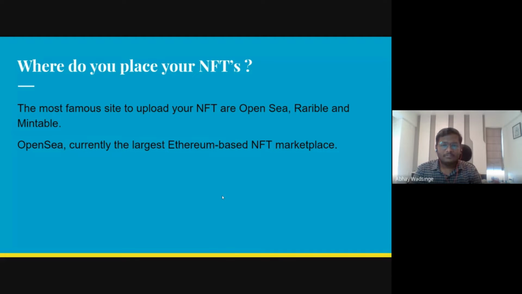Then, if the artwork is really worth it or really unique, someone will bid on it and say, I'll bid 2 ETH, 3 ETH, 4 ETH. So this bidding goes on and on, and a point comes when a lot of digital artworks have been sold for millions of dollars, like 69 million. Who knows, they might be bidding right now, while we are having this session, on OpenSea or Rarible platforms. OpenSea is currently the largest Ethereum-based